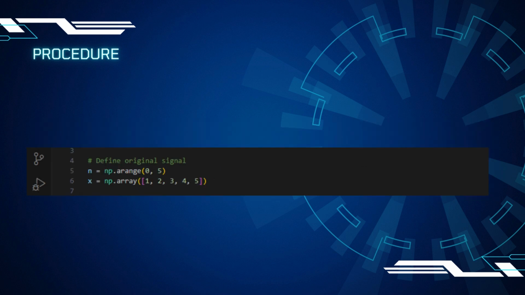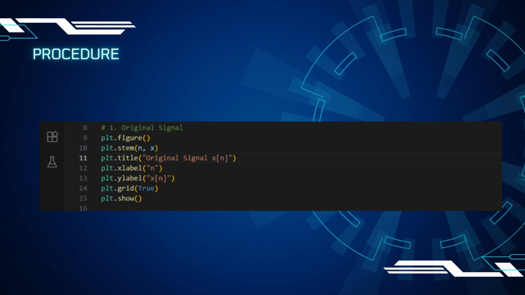Next, we define our time index and our original signal. First, we create a sequence from -10 to +10, giving us 21 discrete time points. The signal x is a discrete cosine wave defined by this function. It will serve as a reference signal before applying any transformation. It's important that the time range includes both negative and positive values so we can clearly see the effects of reversal and shifting. Let's first proceed to time shifting.